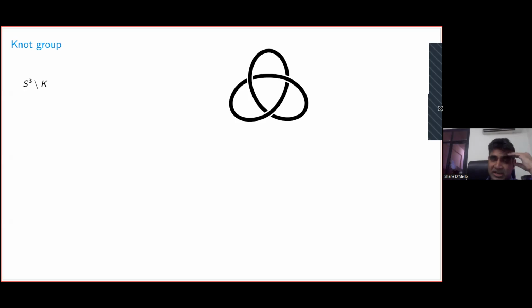And one could even talk about, one strengthens it a bit by demanding that this homeomorphism be isotopic to the identity. That means it's homotopic to the identity, and at each stage it should remain a homeomorphism. So anyway, since it depends on how it's situated inside the ambient space, we could ask questions. For instance,